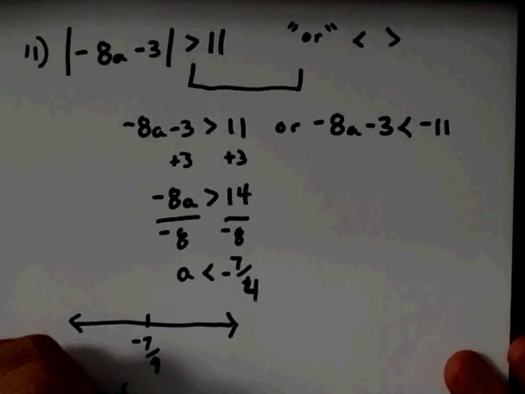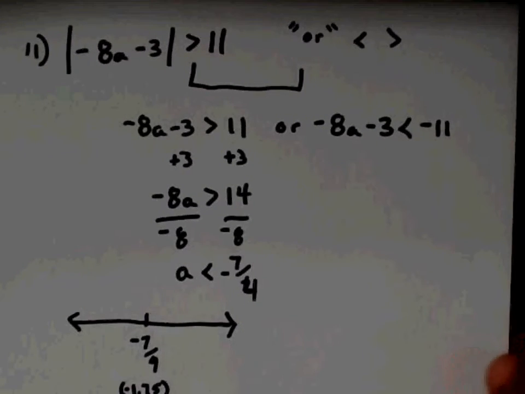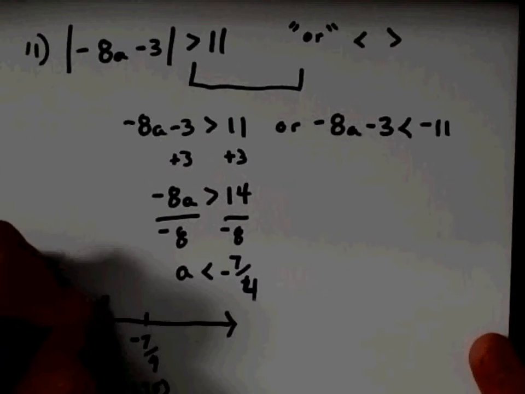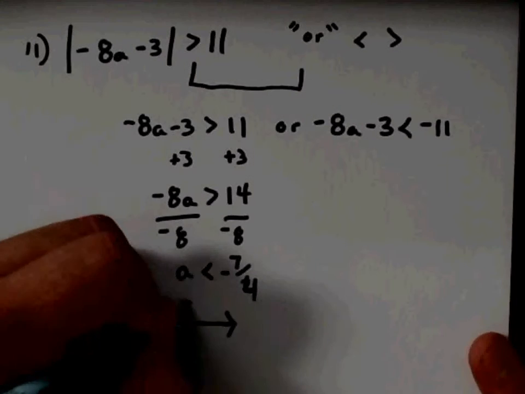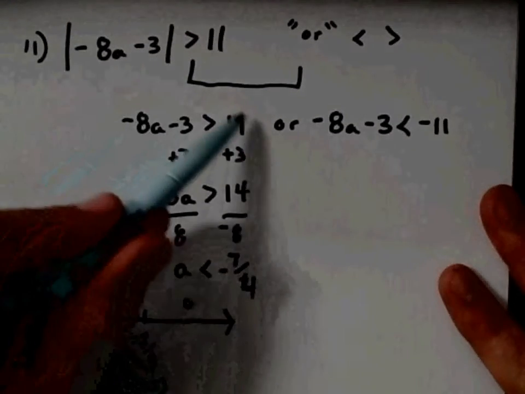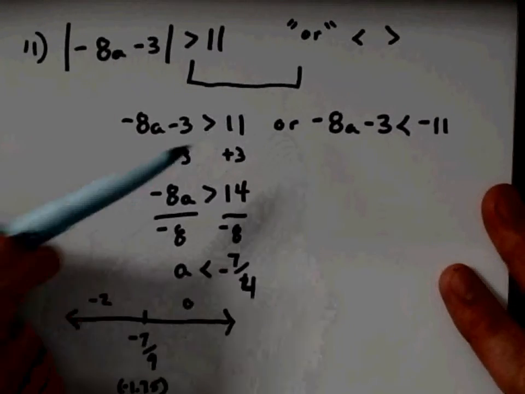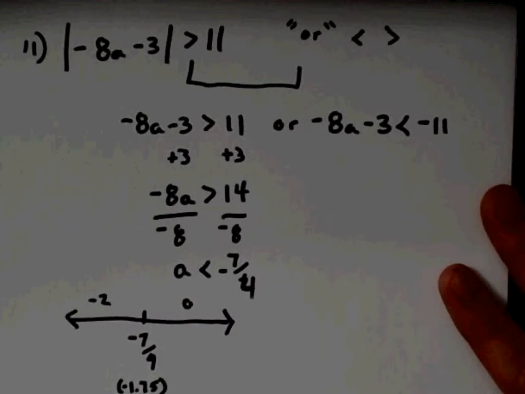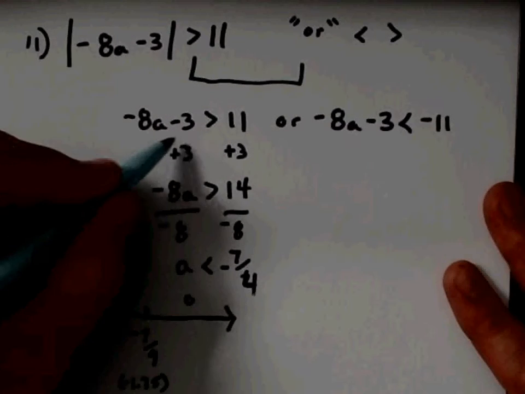And what'd you say? This was also negative 1.75, correct? Wasn't that the decimal representation? So that helps me know that I'm looking for negative 2 or 0. That's a number to the left and a number to the right of it. When I plug that into my original inequality right here, it's going to tell me which way to shade. So if I plug in negative 2 right here,